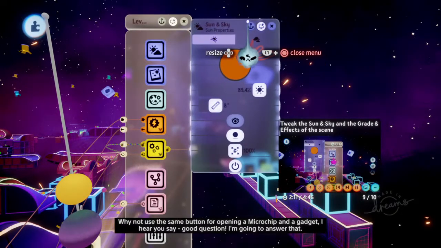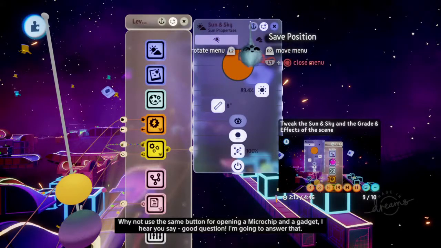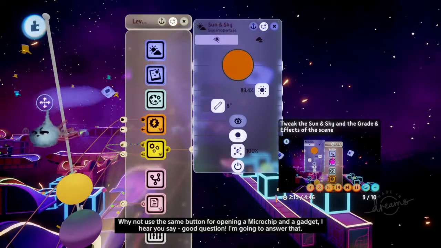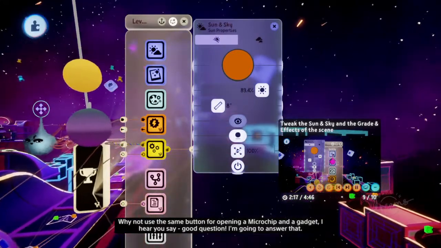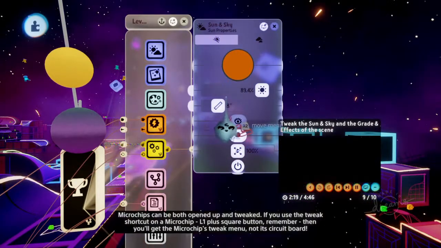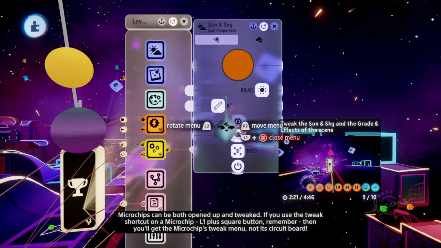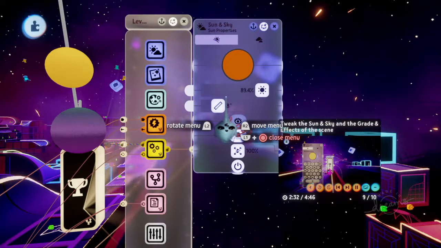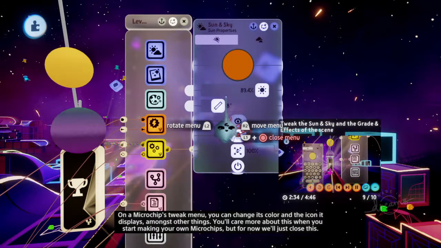Why not use the same button for opening a microchip and a gadget, I hear you say? Good question. I'm going to answer that. Microchips can be both opened up and tweaked. If you use the tweak shortcut on a microchip, L1 and square remember, then you'll get the microchip's tweak menu, not its circuit board. On a microchip's tweak menu, you can change its colour and the icon it displays, amongst